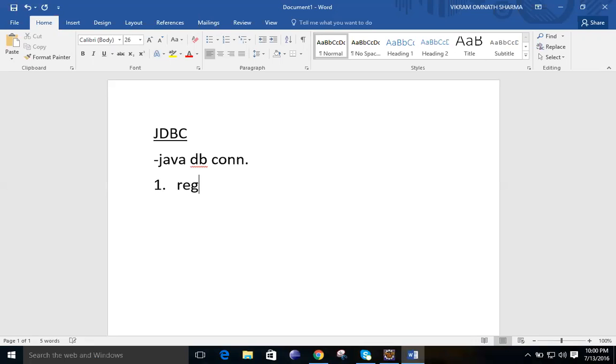Like if you are a new person, you need to register over there. I was thinking you already have an account, right? No, then we have to go for the registration step. And suppose you are already registered, now what will you do? You will simply log in. Then only you can access your account.